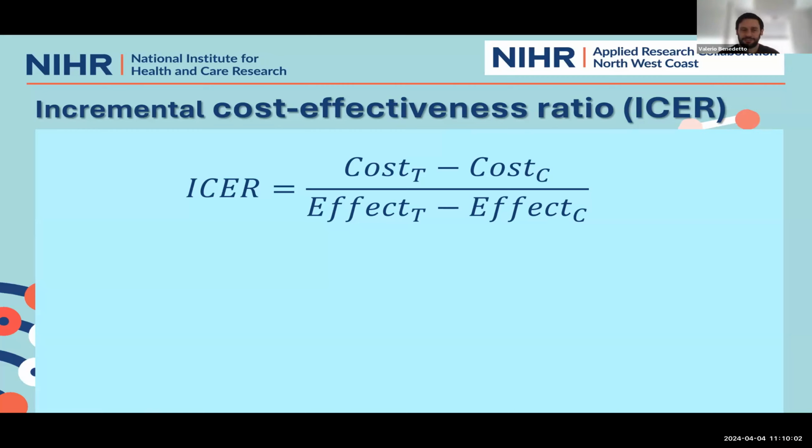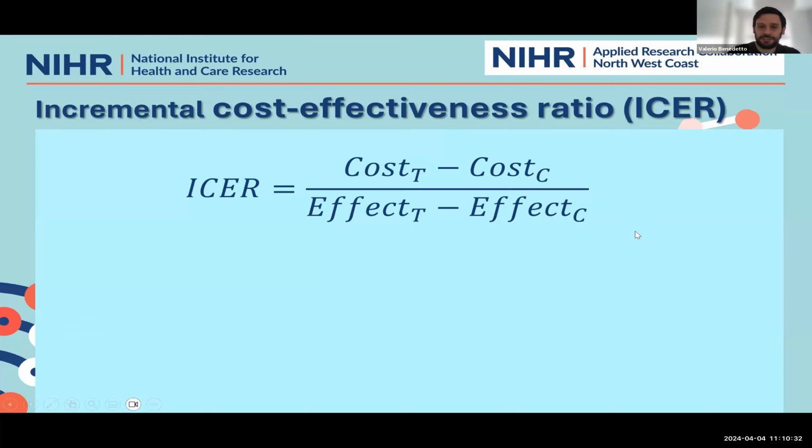Again, without looking at the formula too much, you can already see how we are comparing costs and effects together, right? So cost for a treatment, which is T here, cost for C, which is control, for example, effects for treatment, effects for control, they're all brought together. We are not considering cost and effect in isolation. We're trying to express in one number, let's say, these joint effects from cost and benefits.